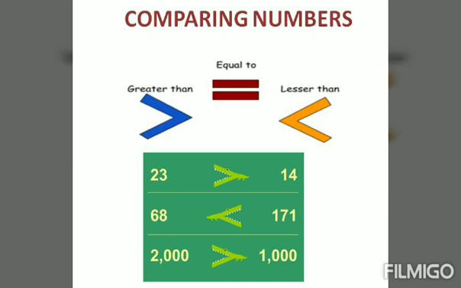What do you mean by ascending order? Ascending order means arranging the numbers from smallest to greatest. Descending order means arranging the numbers from greatest to smallest. So we use the less than, greater than, and equal to signs for comparing numbers. See, the less than and greater than symbols are also known as the crocodile mouth. It always opens towards the higher number. Since the crocodile wants to eat more, it always eats the number which has more value.